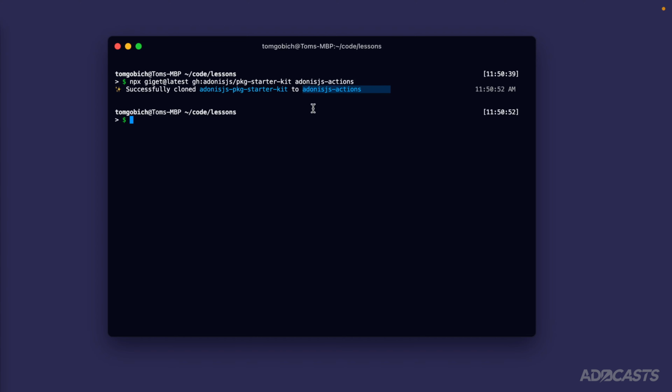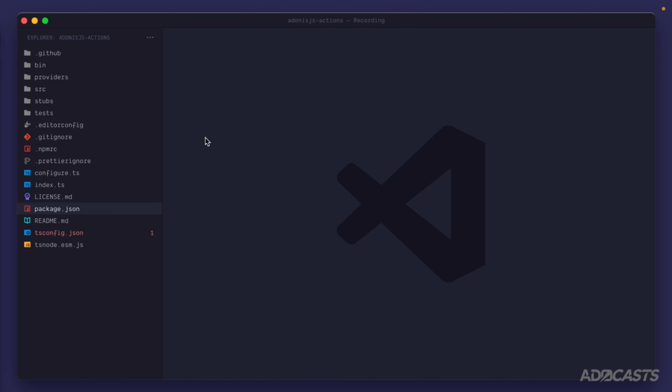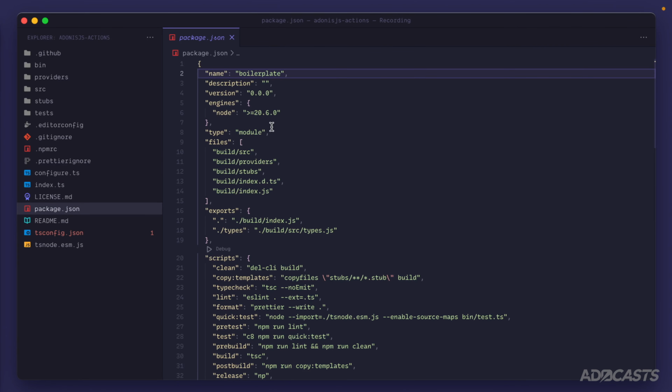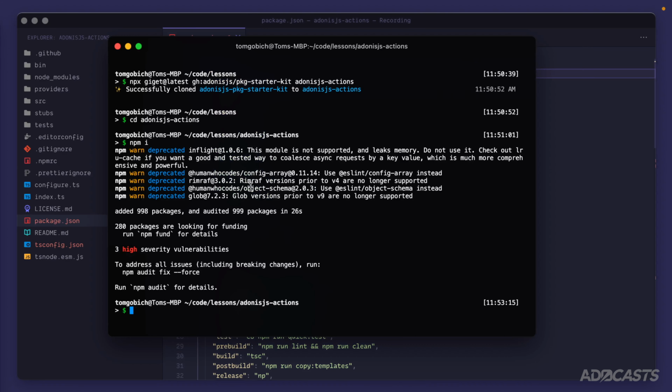AdonisJS Actions location. Go ahead and cd into adonisjs-actions. And then before we open this up, let's go ahead and install the dependencies. So we can npm i there to install all of those. While that's running, I'm going to go ahead and open this up inside of Visual Studio Code, just like so. And the first thing that we're going to want to make alterations to is our package.json file. Now, before I change anything in here, I'm going to wait for our install command there to finish out, which